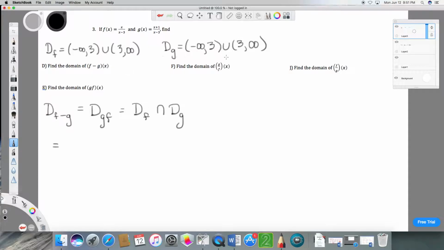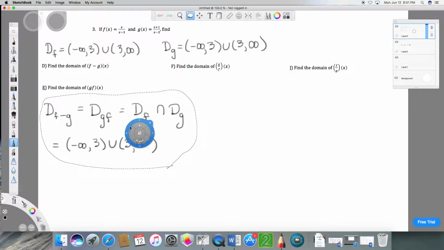Since they're the same, everything from negative infinity to positive 3 is in both sets. 3 is not in both sets. Actually, 3 is not in either one. So for D and E, we get the same answer that we got for the domain of f and domain of g. So far, all these domains have the same answer. But that may not be true for the rest of the problem. Could be,